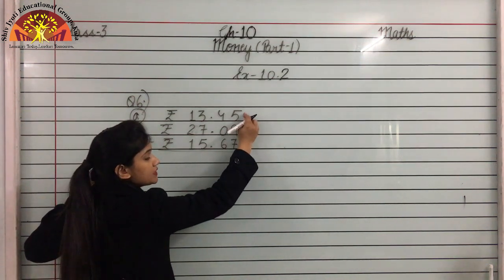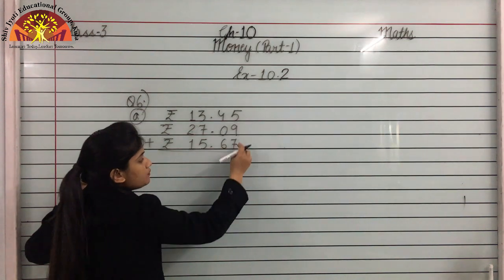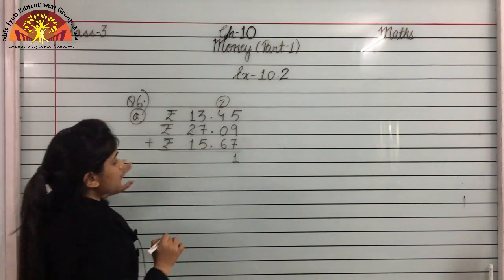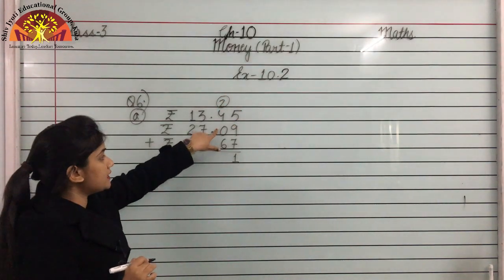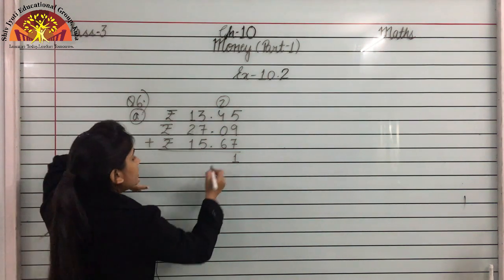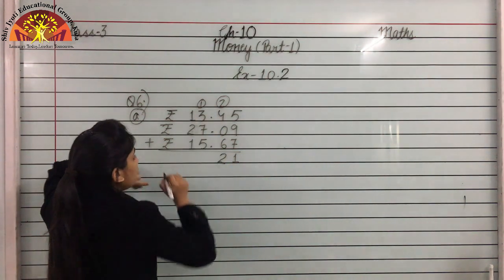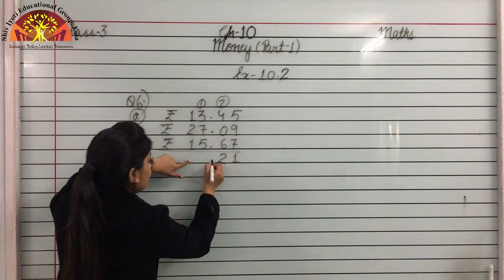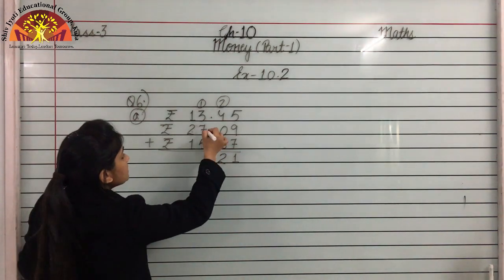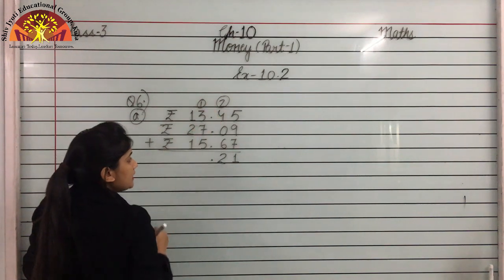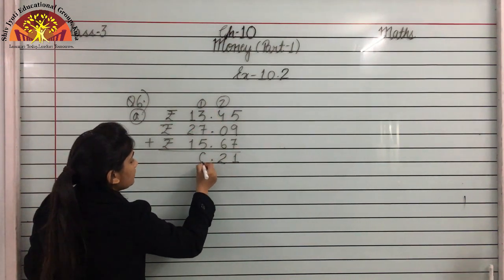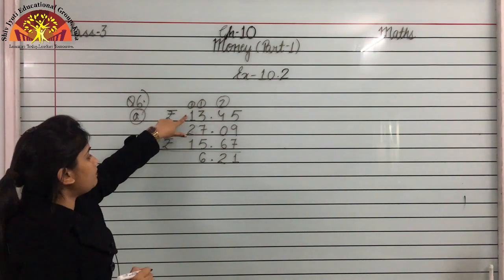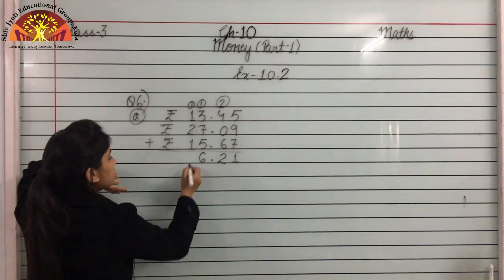So students, 9 plus 5 is 14 and 14 plus 7 is 21. So we have to write 1 here to carry over. Now it will be 6 plus 0 is 6, 6 plus 4 is 10, 10 plus 2 will be 12. Again carry 1. Now we can see dots are coming in the question. So simply we have to put a dot here in answer also. Now 7 plus 3 is 10. Plus 1, 11, 11 plus 5 is 16. Again carry over 1. Now 1 plus 2 is 3, 3 plus 1 is 4, 4 plus 1 is 5.